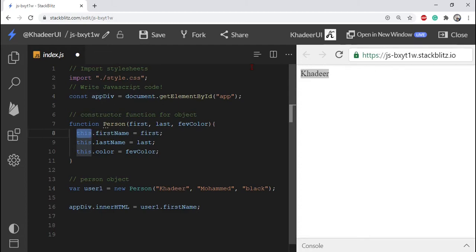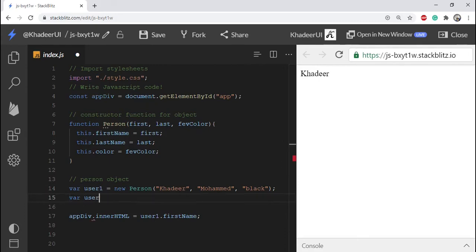So I will write another object, user2 equal to new Person, and mention another first name, John, last name Android, favorite color blue, like that.